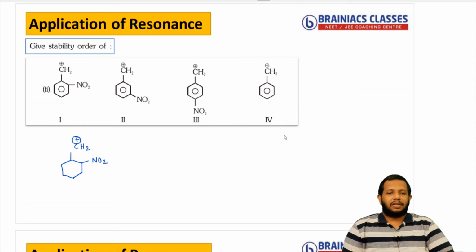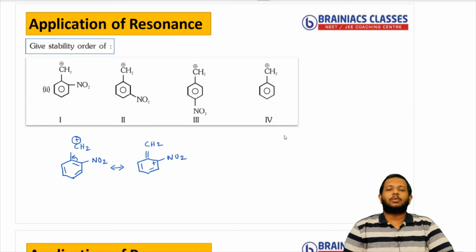Now you could see here, as I have drawn, again the same structure. In the first step, what will happen? The double bond will shift towards the positive charge, correct? So in the first structure itself you can get something like a double bond CH2. Then what is happening? Plus charge will come at the ortho position, and you know that at the ortho position you have the NO2 group present.